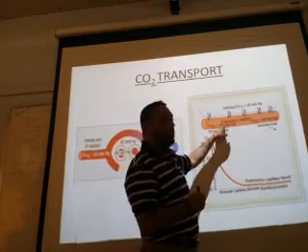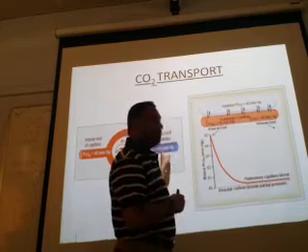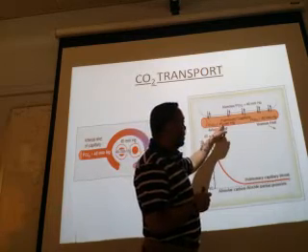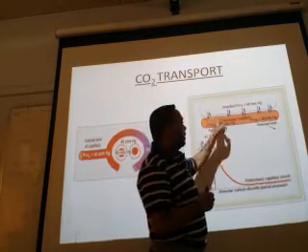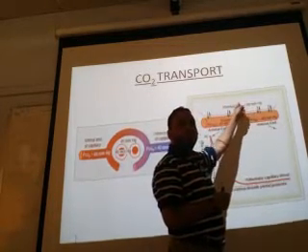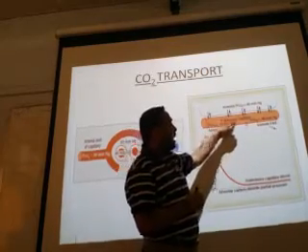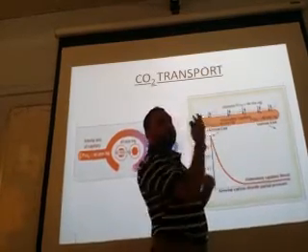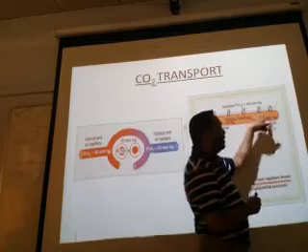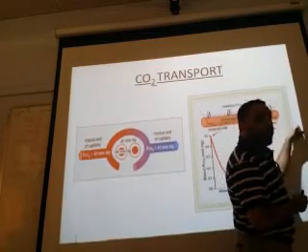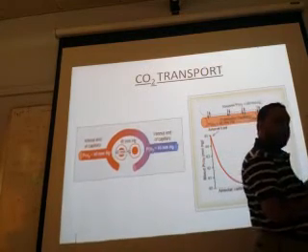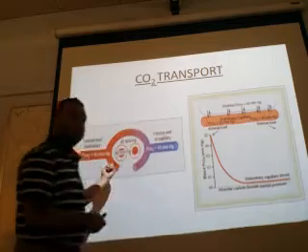The arterial end PCO2 will be 45. Why is it 45? Because this is the deoxygenated blood coming from the body. What about the PCO2 in the alveolus? It is 40. So the capillary has higher PCO2 as compared to the alveolus, so net diffusion will occur from the capillary into the alveolus. And it will be at equilibrium. Equilibrium means the blood that is going away will have 40 PCO2. Now this is coming back to the heart, from the heart to the tissue level. So it is having 40.